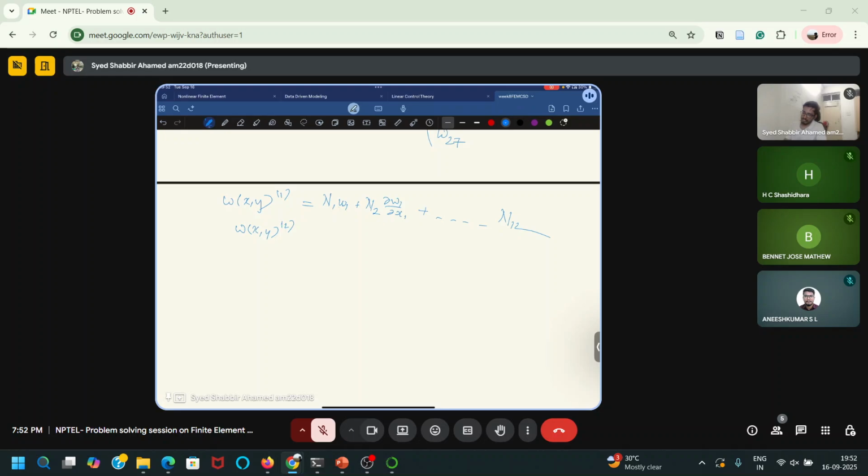substitute those shape functions, and there are also nodal displacements which are given. Substitute those nodal displacements, you will get W of xy and W of xy of the second element also. Then you do differentiation, I think epsilon xx and epsilon yy, you know these things. So I think epsilon xx is